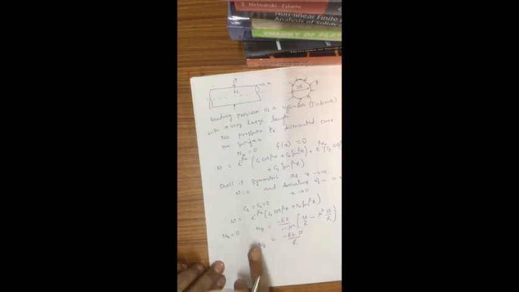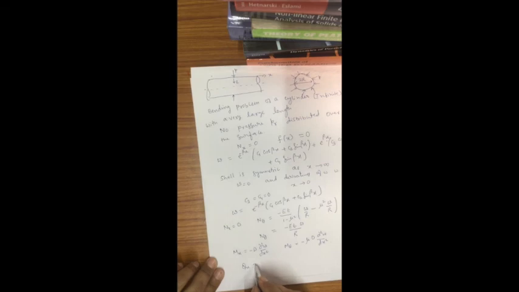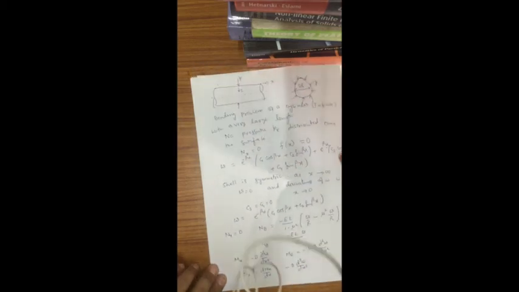Once we get W, we can easily write what is n theta. And also we have mx equal to minus d square W by dx square, and m theta is equal to minus mu d square W by dx square. And also we have qx equal to dmx by dx, which is equal to minus d cube W by dx cube. Okay, so this is the condition.